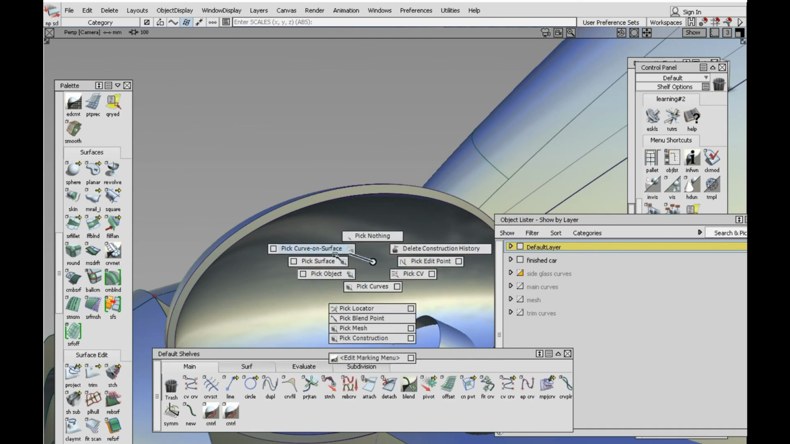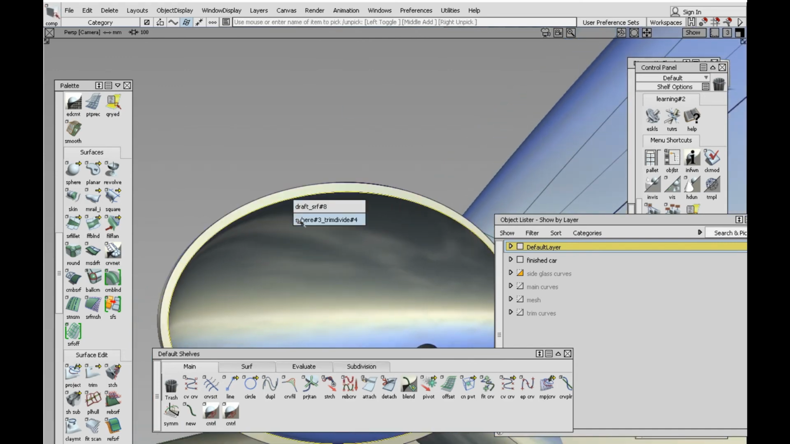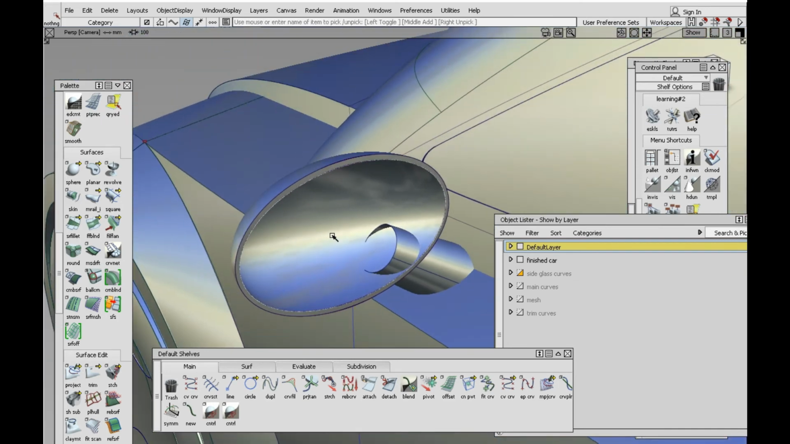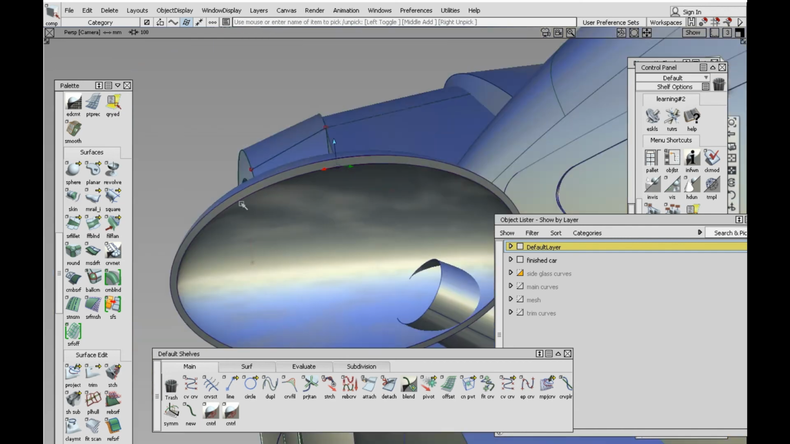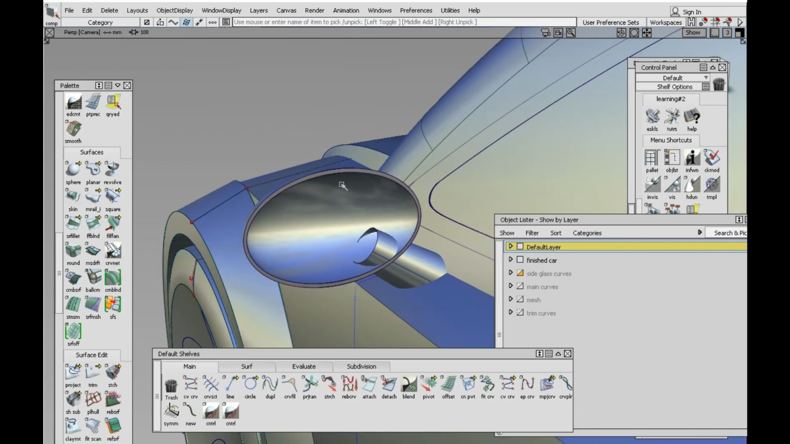So we, as you can see, I have the surface here, the inner surface of the side mirror, and then you can create the surface here by creating a skin or using the